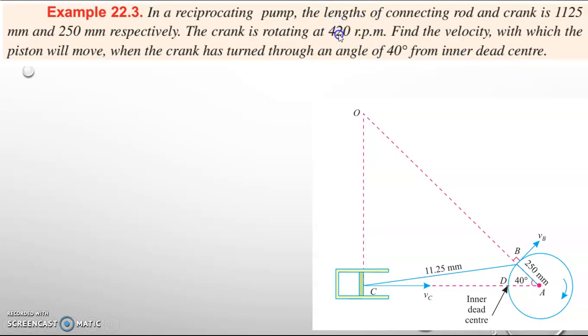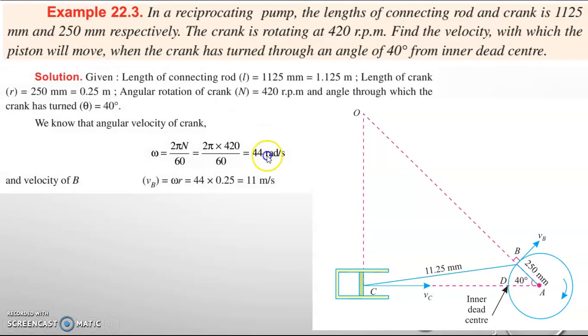This rpm is given. From that rpm we have to find out the angular velocity, and we are given the initial position. We have to know the position of the link AB to find out the velocity. If the link is here, the velocity will be pointing towards this direction. If the link is here, it will be pointing towards this direction. So for the position they have given, it is 40 degrees. So we have drawn the position and we have drawn the necessary connecting rod and crank.